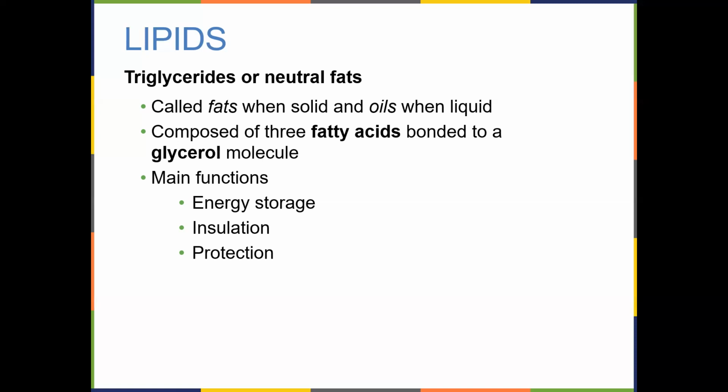Now, if you look at the calorie makeup of any food, for example, you read the food label, and if it has 4 grams of carbohydrates, it's going to have 16 calories. If it has 4 grams of fat, it's going to have 40 calories. There's more stored energy in the lipid than there is in the carbohydrate.